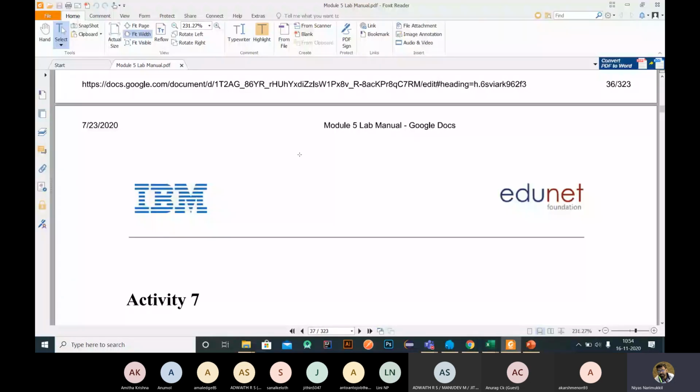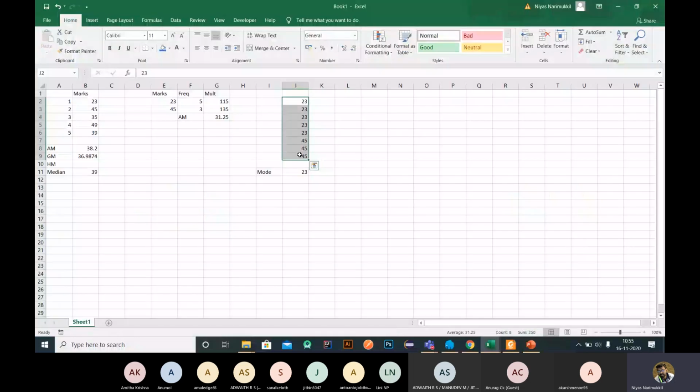Then we have two more things in statistics, that is variance and standard deviation. I hope you got an idea about the difference between mode, median, arithmetic mean, and geometric mean. Mode is simply the most repeated item in the list. And to find the median, we need to sort the list in ascending order, then find the middle item. If there is an even number of items, we need to find the average of the two middle items, that is the median.